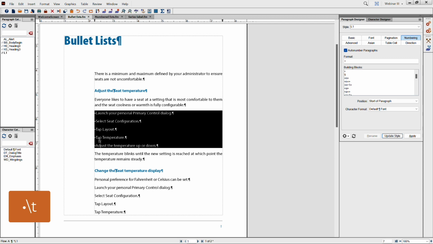But if you have a multi-line bullet that wraps to the second and third lines, if you put a space there, they're not going to line up. So you really need to come back to your format and add the tab character. The tab character is the \T, and when I add it to the end of that line, I'm saying to FrameMaker, okay, I'd like to have a bullet and a tab character at the start of every one of these paragraphs. When I pick update style, it actually looks worse, and I'm going to zoom in so